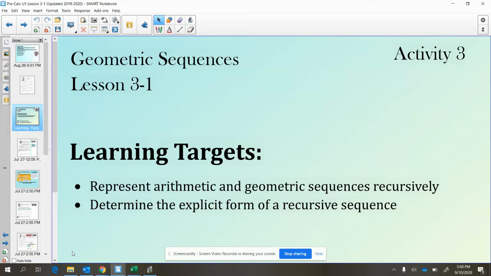Hi, everybody. Today we are going to cover two different lessons. We're going to talk about lesson 3.1 and then briefly talk about lesson 3.2 as well. And our big goal here today is talking about recursive sequences versus the explicit formulas that we've been